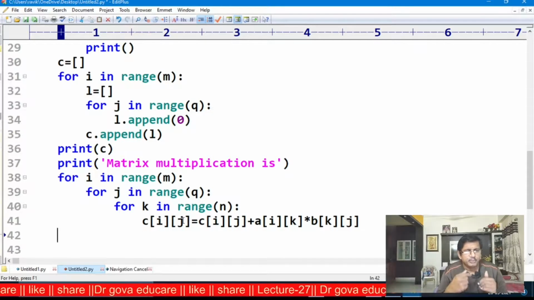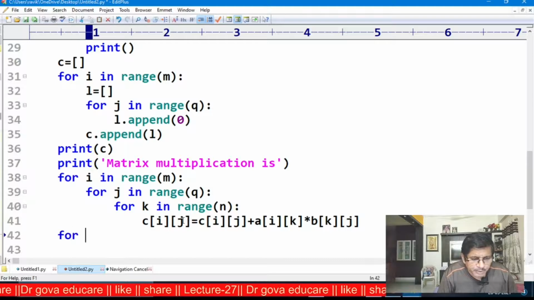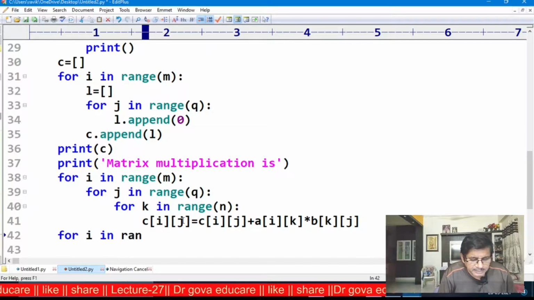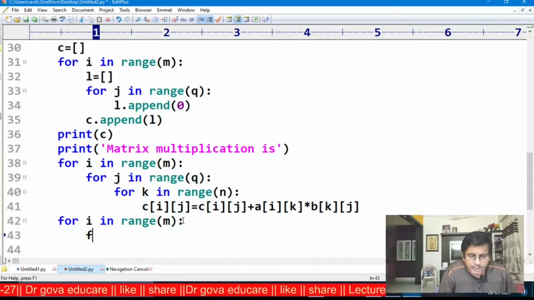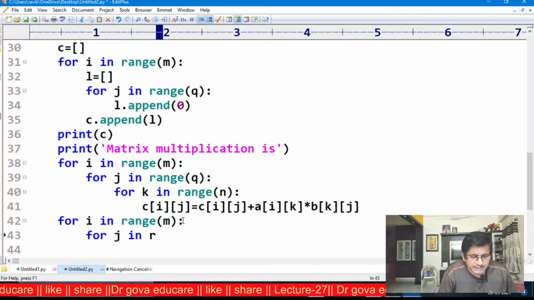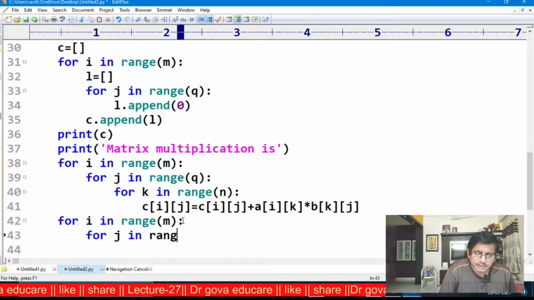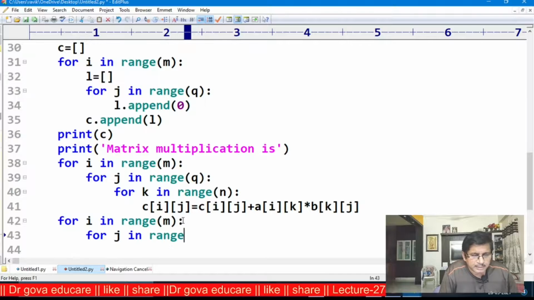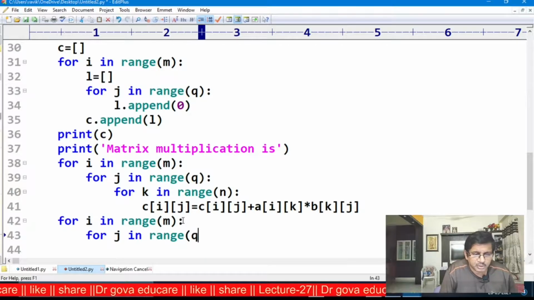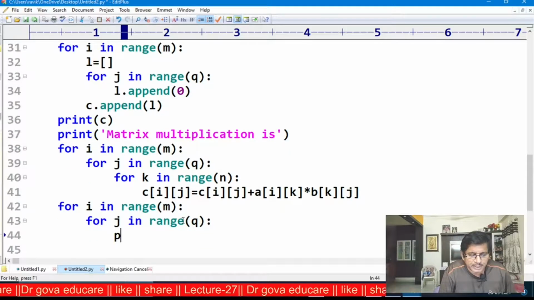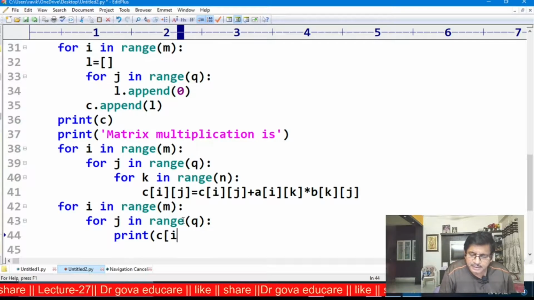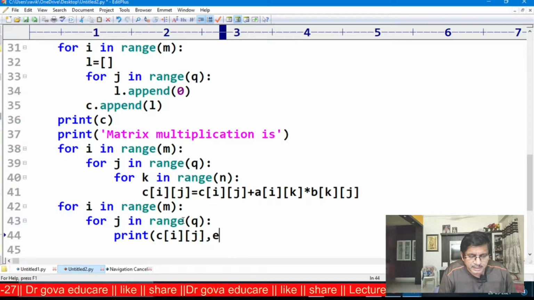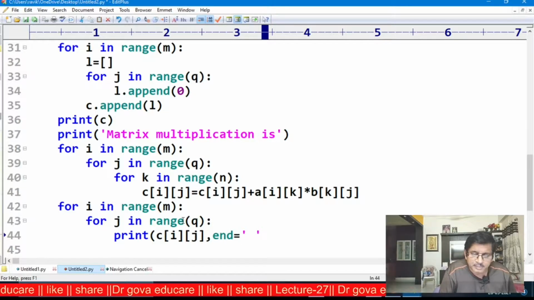Now I want to print C: for I in range M, for J in range Q, print C[I][J], comma, end equal to some space.